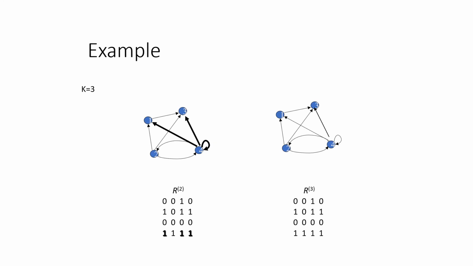So now R bar 3, what does it mean? Now I can include 3 also as an intermediate vertex. So now we will see what values can be updated. See, from 3, what is the problem? We don't have any outgoing edges, so there is no change, I hope. Since there is no outgoing edge from vertex 3, it is not possible for me to reach any of the other vertices present in the graph. So it is going to remain as 0. It is easily predictable. Why? Because there is no outgoing edge from vertex 3.